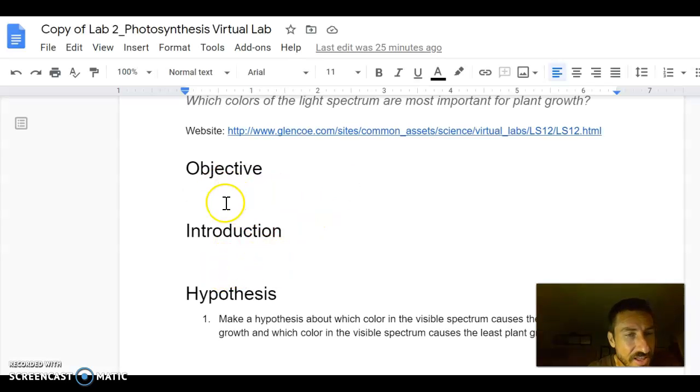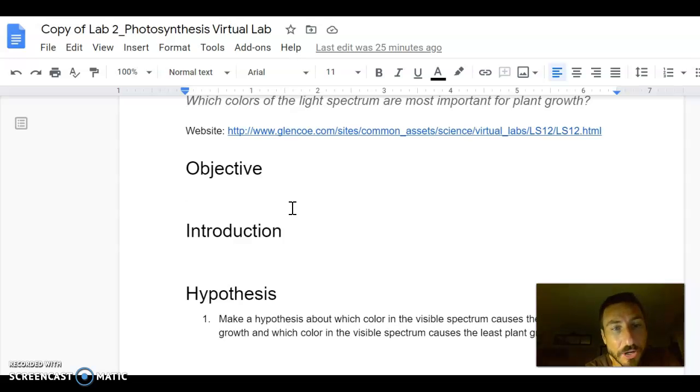And the objective, I oftentimes wait until very late in my lab write-up process before doing an objective. Writing the objective might be something that you do almost the very last thing, the same sort of time when you're doing your discussion, your conclusion. The objective is essentially a condensed version of the conclusion, where you're going to state just very simply what your goals were. Like for this lab, the objective is going to be something like to investigate which wavelengths of light